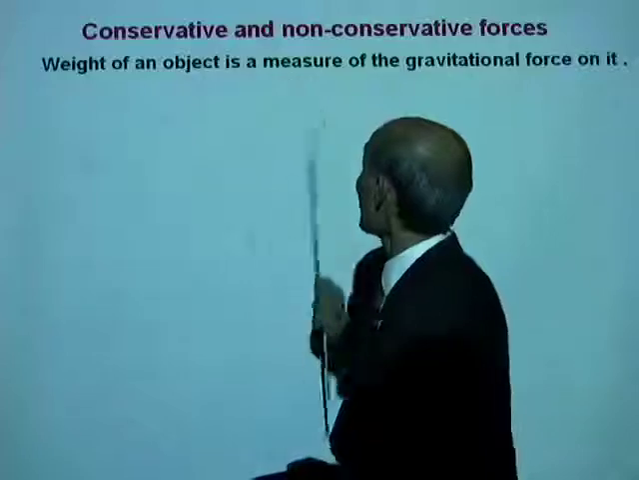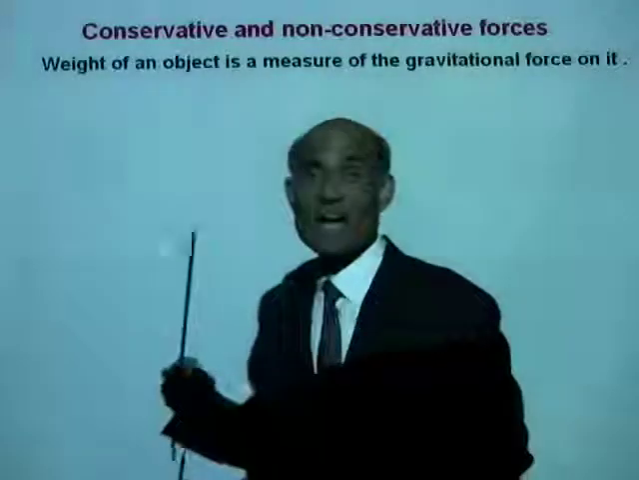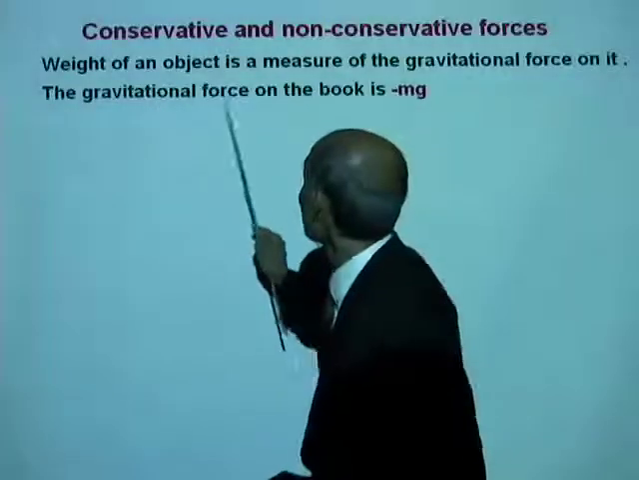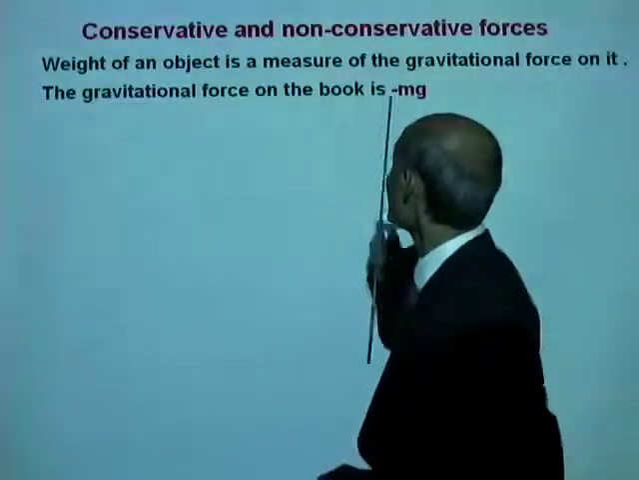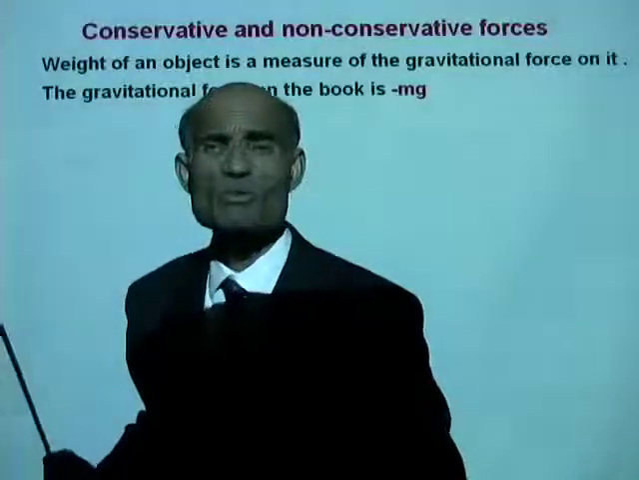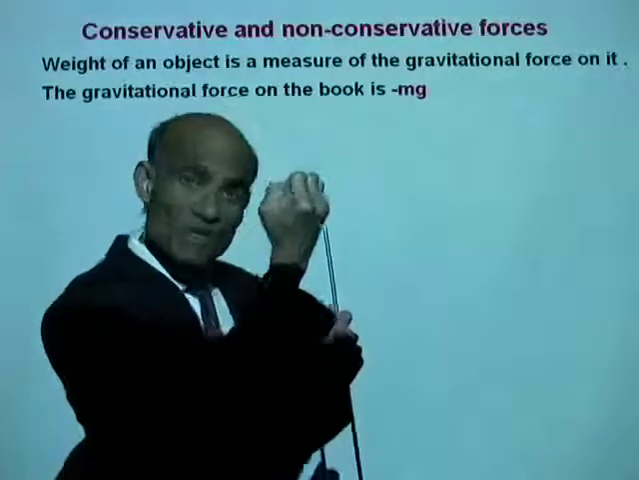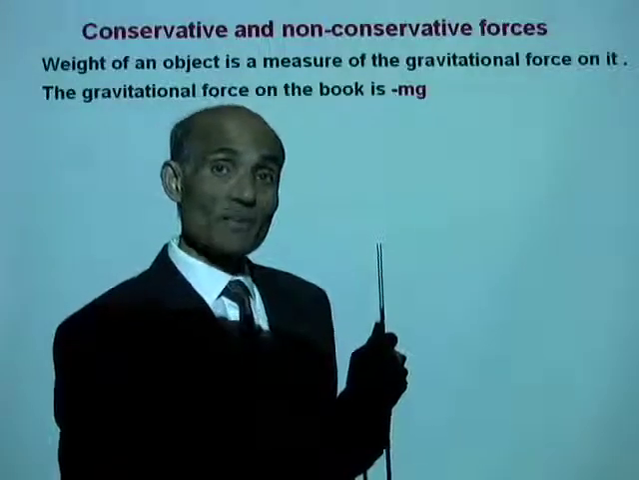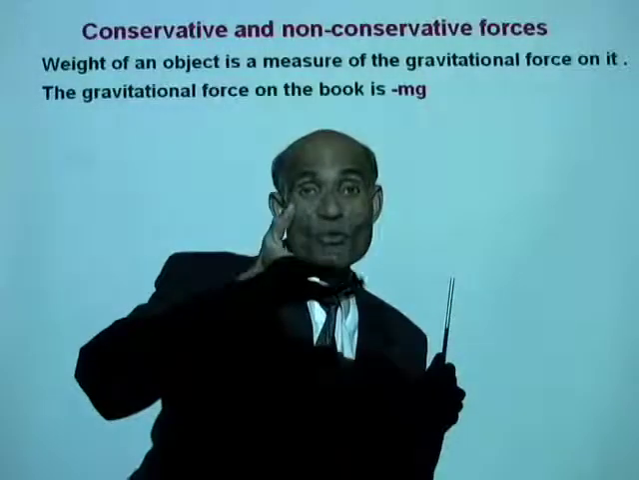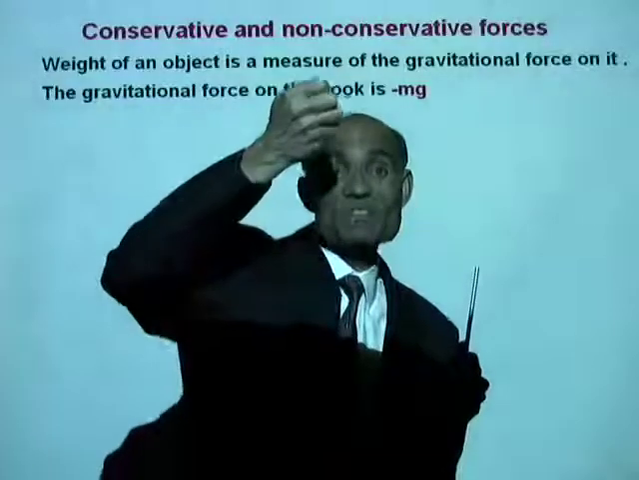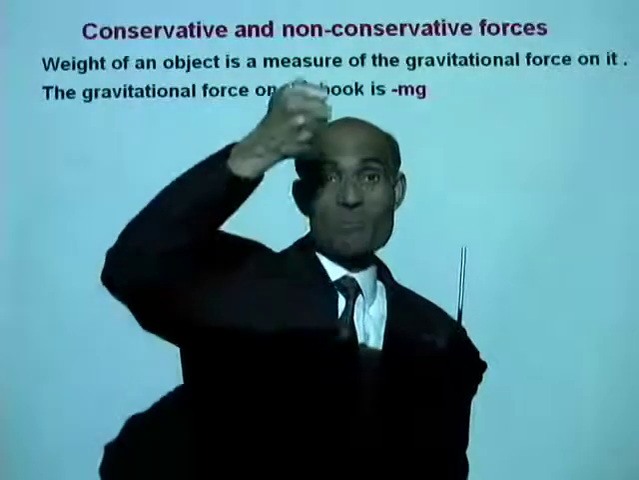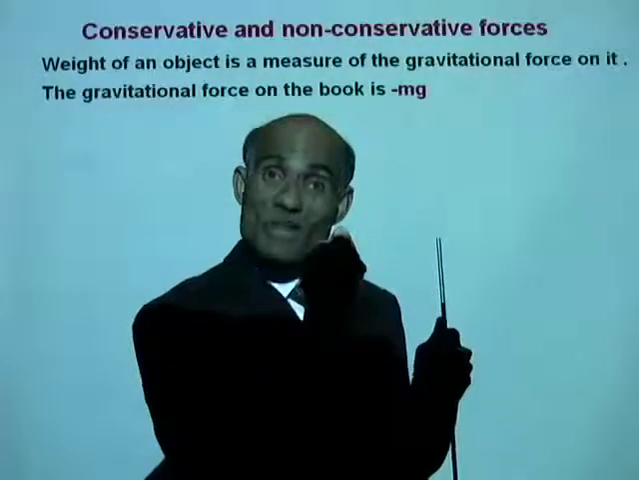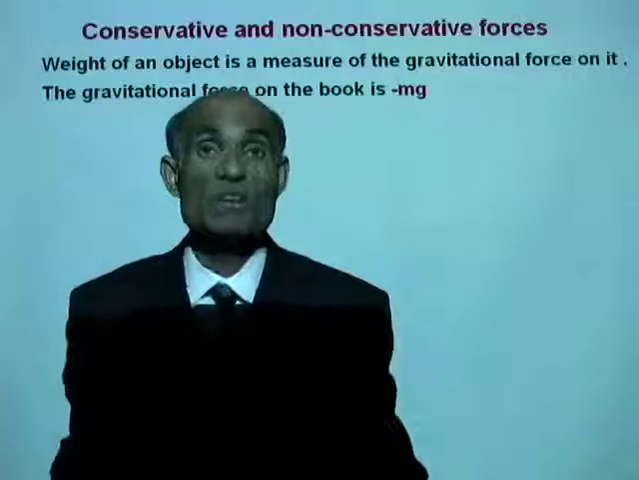Now, weight of an object is a measure of the gravitational force on it. Now, the gravitational force on the book is negative mg. Why do we call it negative mg? Gravitational force is directed downward. Now, the amount of force that you need to apply to lift it is positive. You apply it upward. But the gravitational force on the book, which is its weight, is negative mg, which is